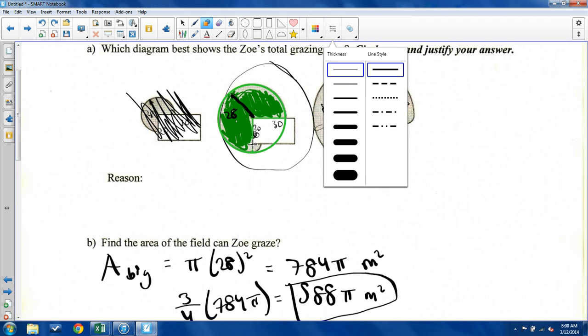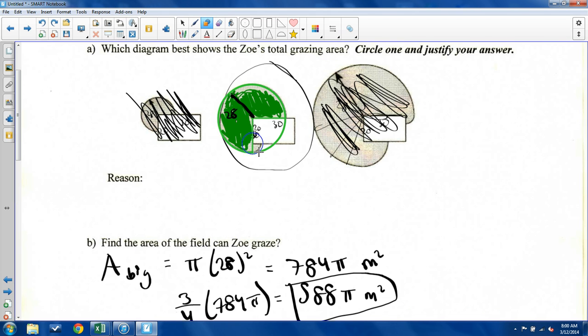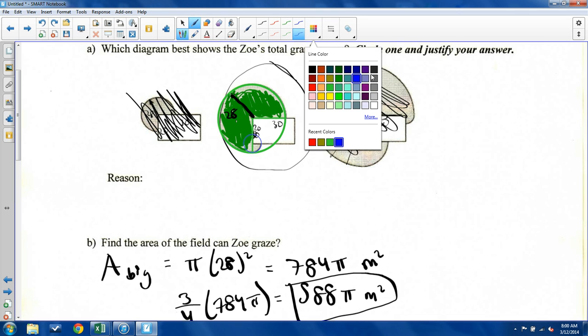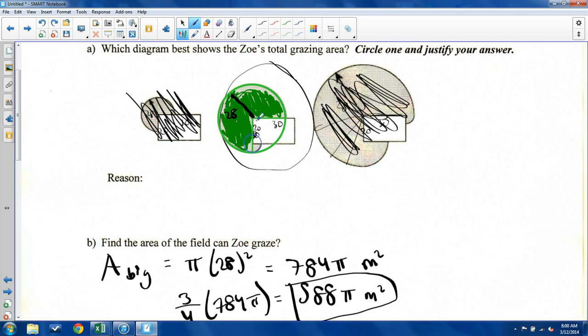Let's check this one out right here. First I'm going to draw the circle. So now I'm looking at this small circle here. What happened to Zoe here was she was on this rope. She starts going this way, and this is her rope. She's going this way, and she starts to hit this corner. The rope hits the corner, and she can only start to now take her rope, whatever's left, and start